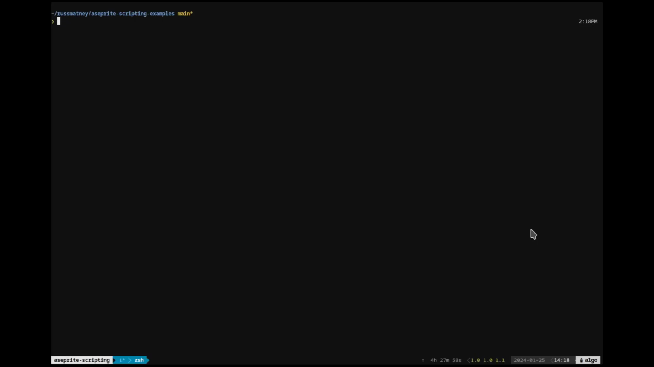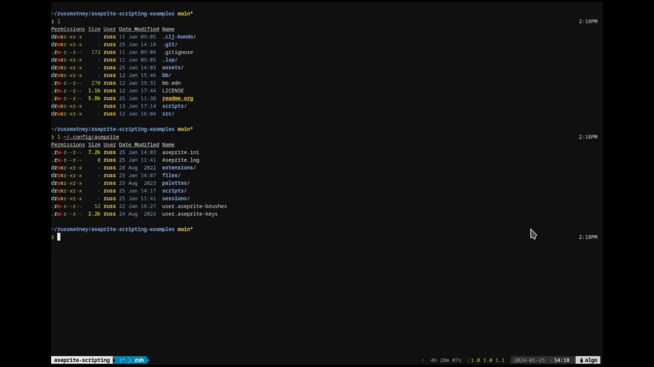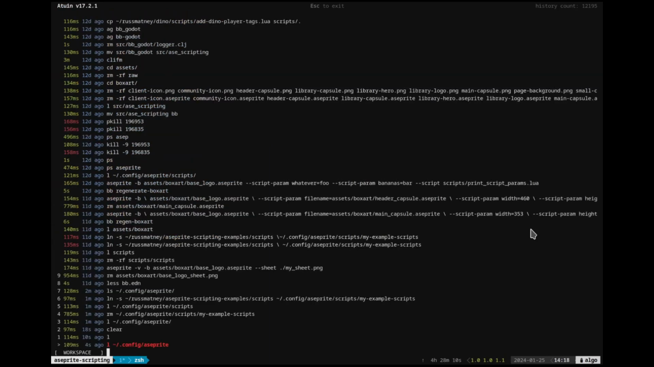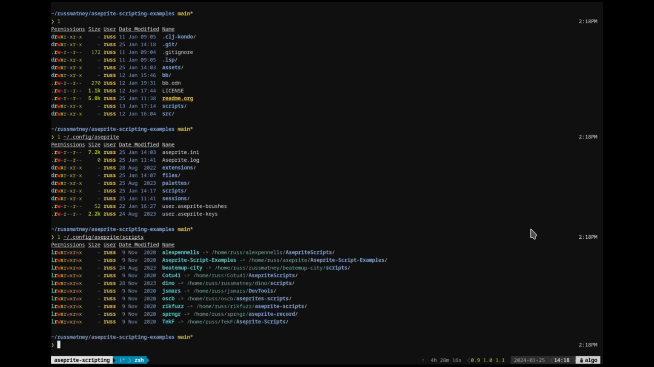So here we are in the example repo that I prepared. Not much here, but what we're going to do is look in home .config Aseprite just to see what's in here. This is the user configuration files for Aseprite. If you look a little bit deeper into the scripts directory, you can see I've already symlinked a number of